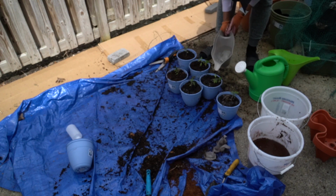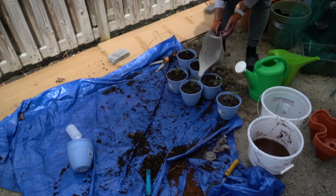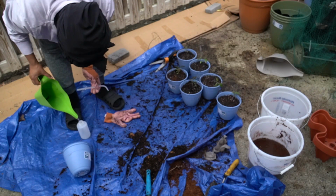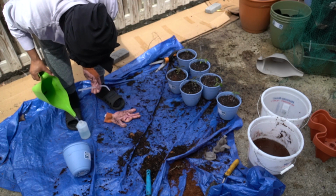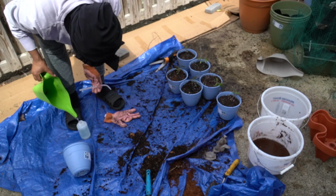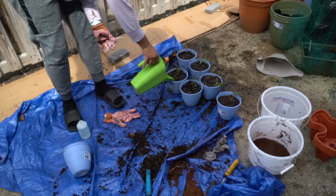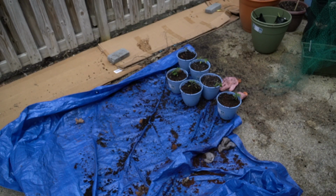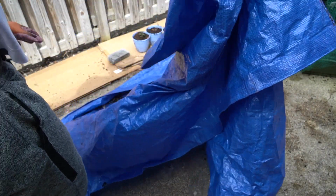And I watered them, and I also added a little bit of seedling fertilizer, a root stimulator that I had. Well, it came with the original package that I had, I believe. Throughout the summer, I actually went ahead and purchased some organic fertilizer